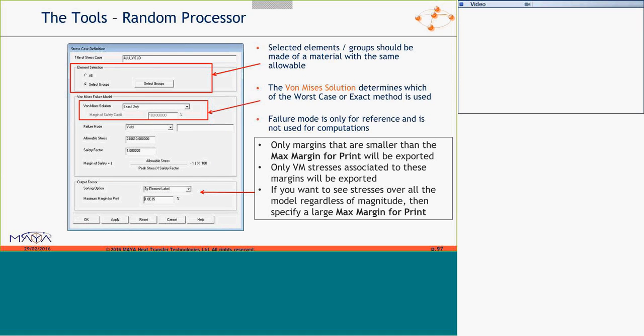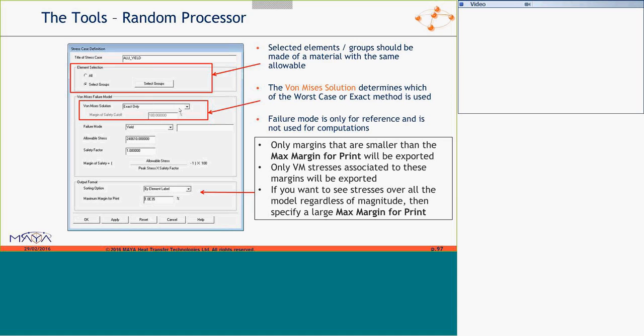Stress case dialog. Similar to the sine processor, you select the elements that you want to process. You define an allowable strength and safety factor. For the von Mises solution, if you're using fast approximation, use exact only.